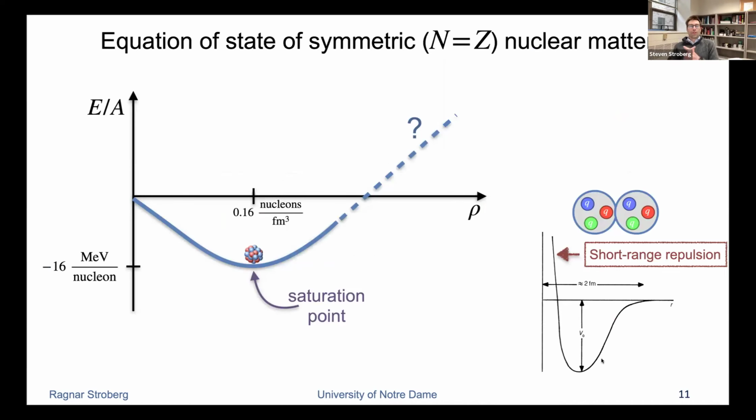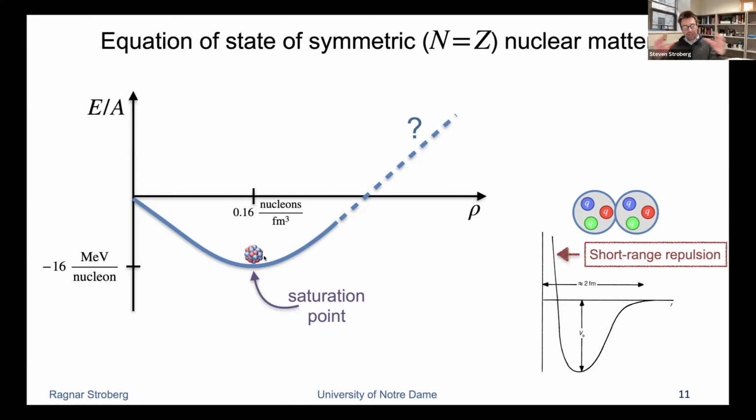So we can think now about what is the equation of state of nuclear matter. So basically the energy as a function of density, you can take a derivative and turn it into pressure as a function of density. It's the equation of state. And so that's what's being plotted here. If there's no density, the energy is going to be 0 because there's no interaction going on. And we know that